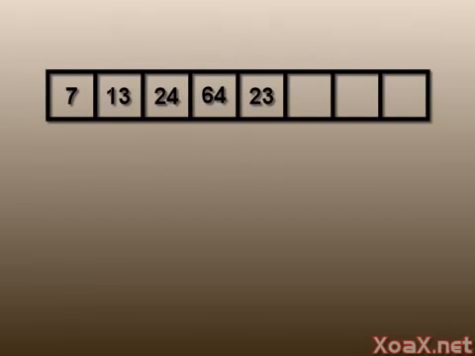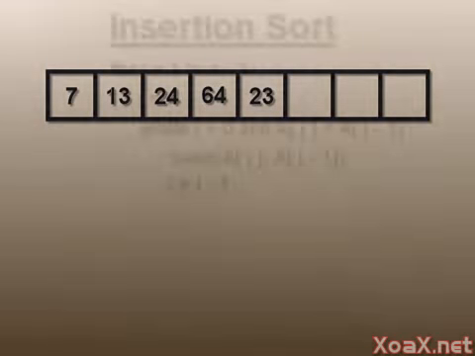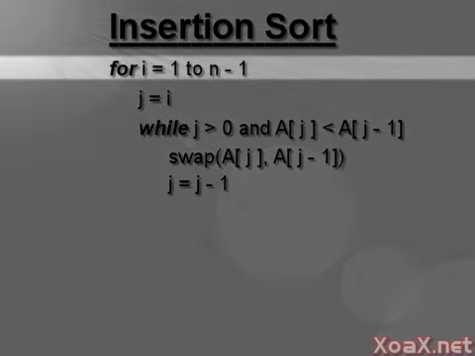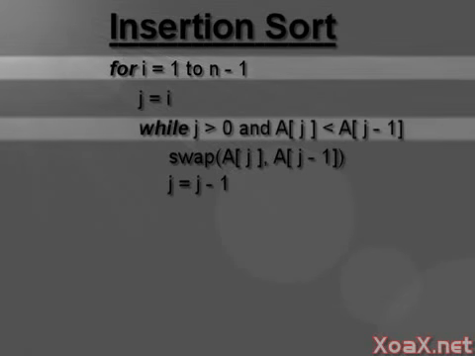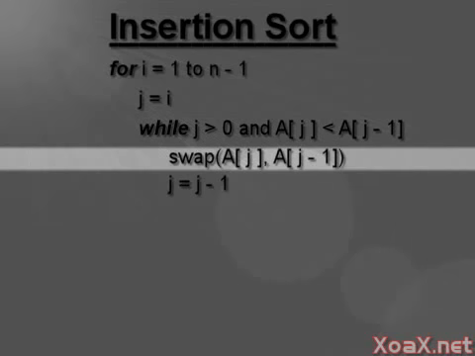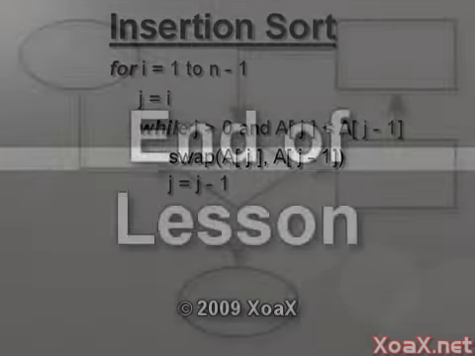We will give an analysis of the time complexity for insertion sort later. For now, we will just give the pseudocode for the algorithm. We begin with a for loop that loops over the index of the entry that is to be inserted. Then we run through a while loop that performs the insertion. The while loop swaps the inserted element with the one before it as long as it is less. This concludes